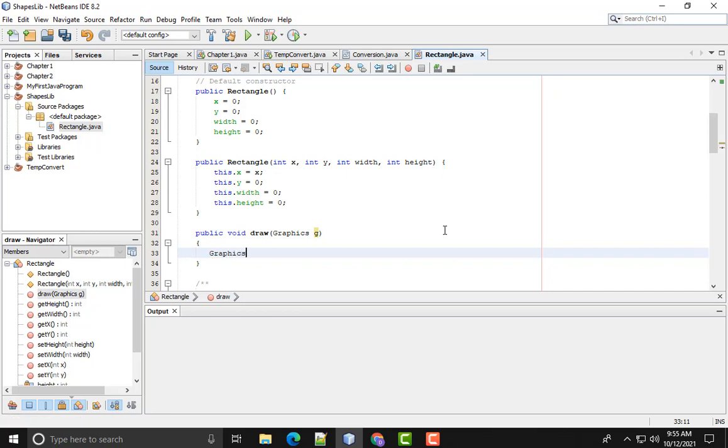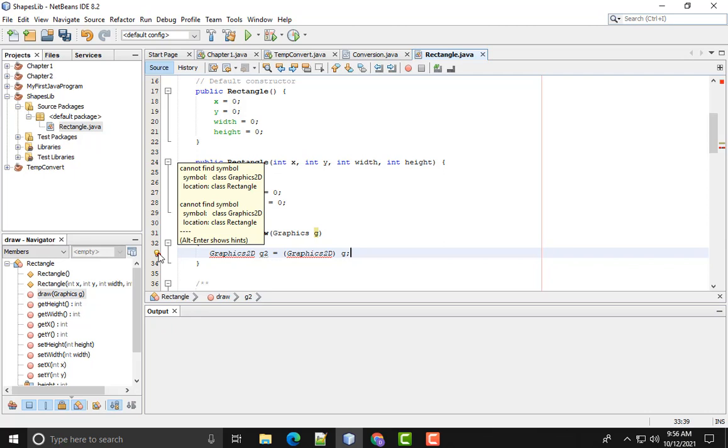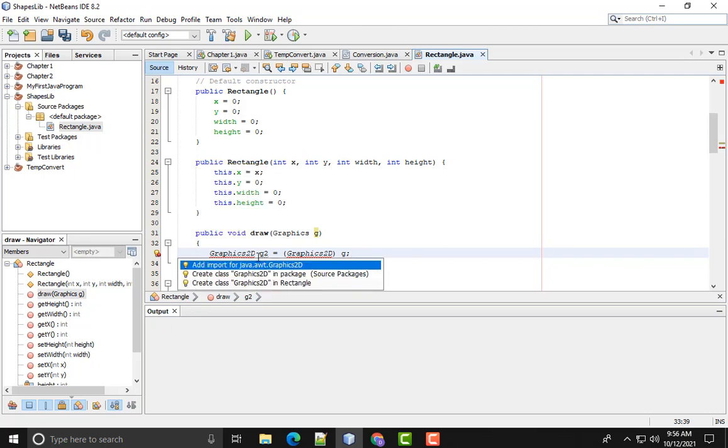Graphics2D, and we'll call this g2 equals, and then we say Graphics2D again, in parentheses, and then we say g. So this is in the draw method. And of course it complains because it doesn't know what a Graphics2D is. What is that? So we click on our little light bulb over here. And then we say